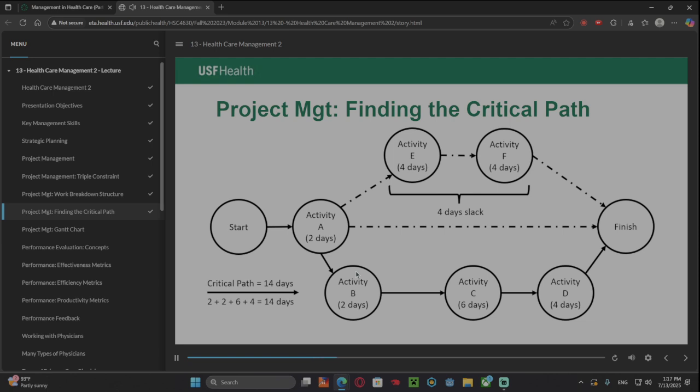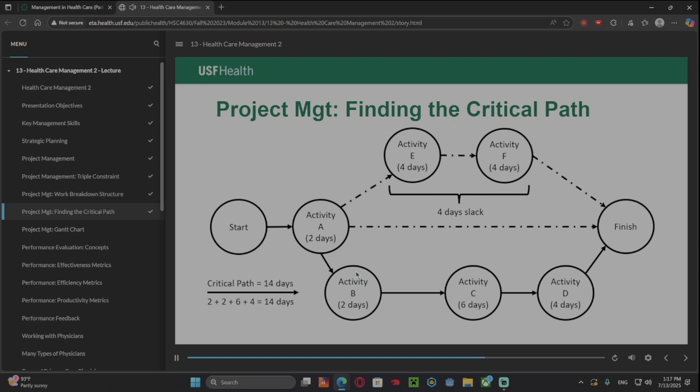The critical path is the number of tasks that have to be done in order and the length of each of those tasks in duration, added all the way up. In this example, the critical path is 14 days. That is, the critical path is activity A plus activity B plus activity C plus activity D, then the finish. That is, activity A has to be done before activity B, and activity B has to be done before activity